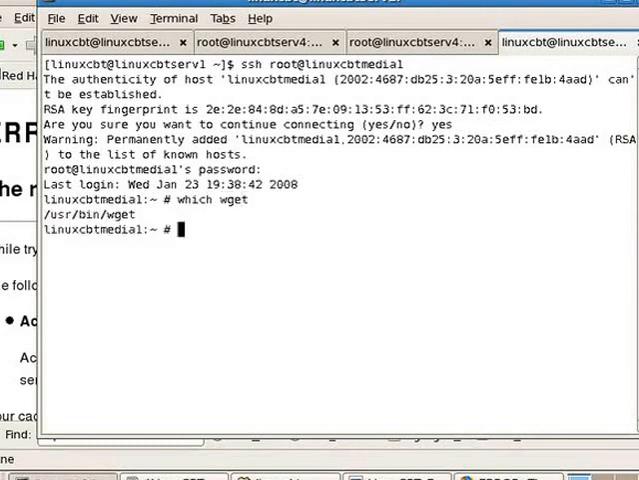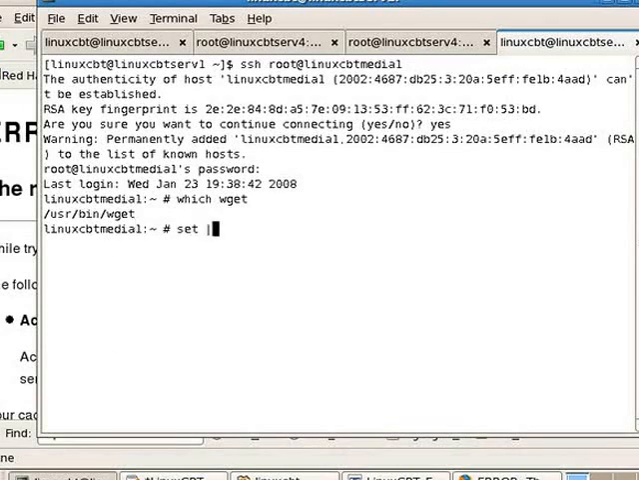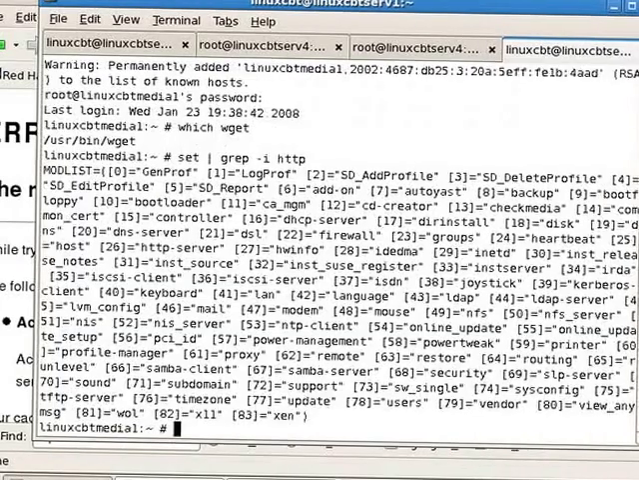And once on this remote system, we know it has wget installed, and wget supports proxies. By the way, any program which supports proxies, such as FTP or HTTP based programs, can be set to use Squid because Squid supports those protocols. In the case of wget, you need to export a variable. It's called http_proxy. If we set | grep